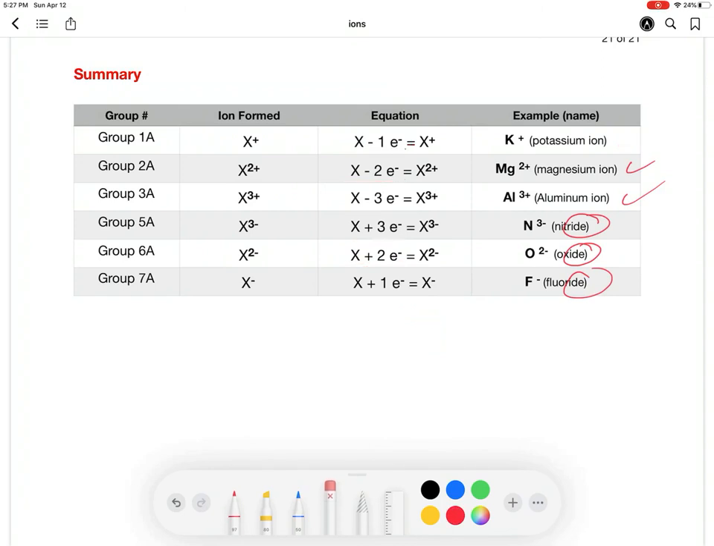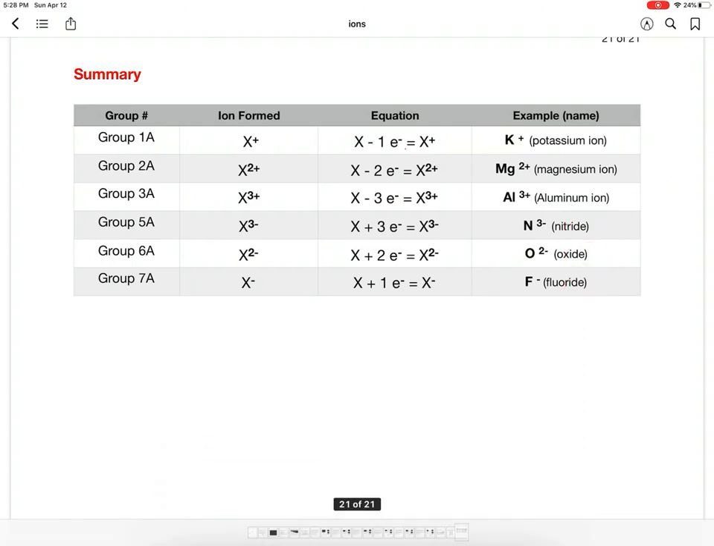So again, the idea is to make you think, read through this. I spent the time right